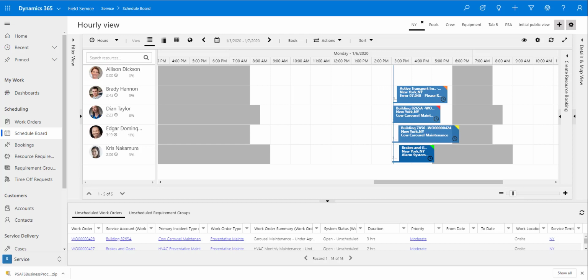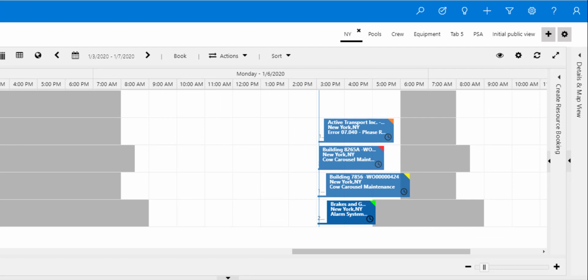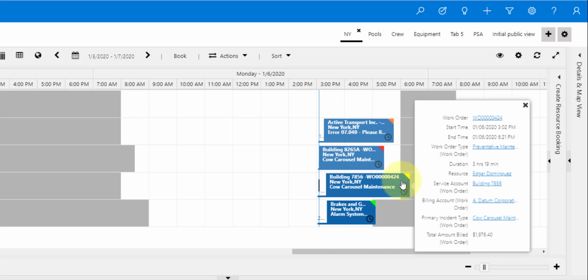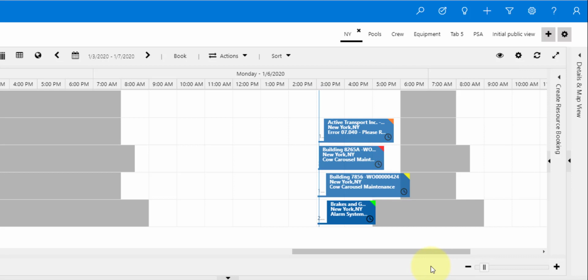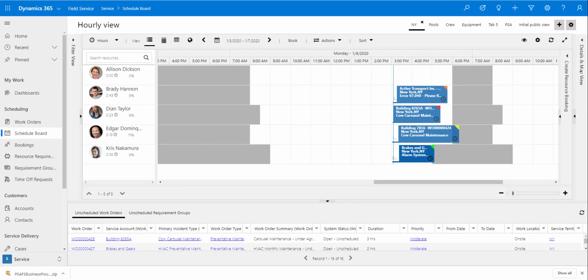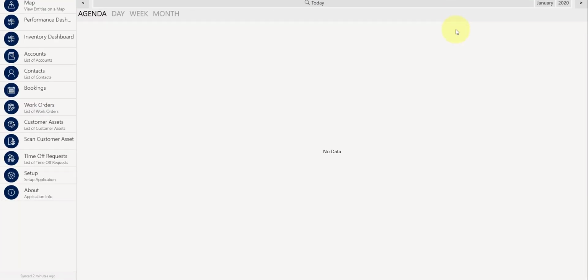So let me explain what I'm trying to accomplish here. We are currently reviewing the schedule board in the Field Service application in the browser. You can see I have different priorities. This green color, for example, is a lower priority. We can see the yellow color priorities, and then we also have that red color and that orange color as well. Now, what I want to do is configure the Field Service mobile app, and let me pull it up so that we can see those colors based on the priority